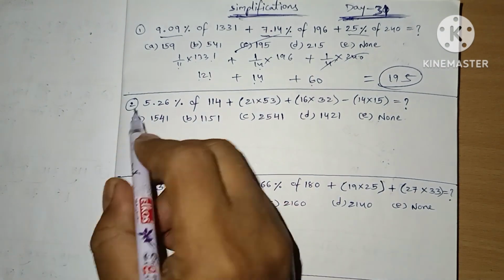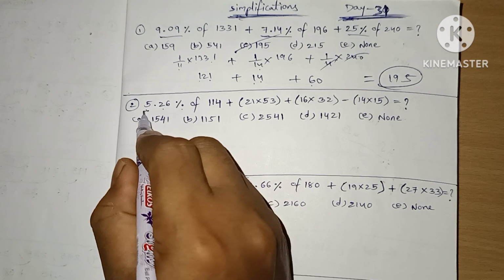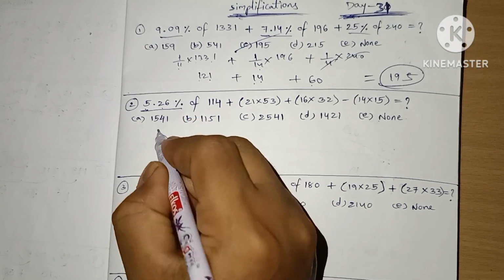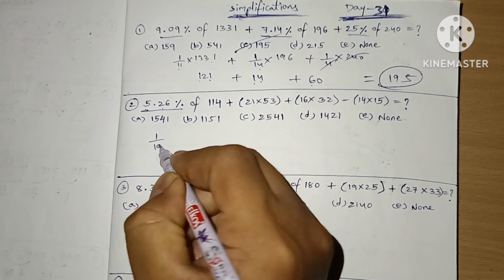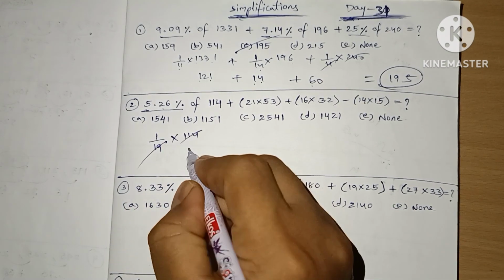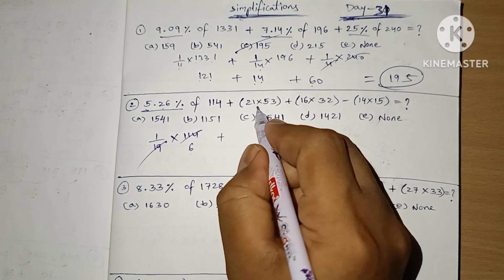Next question. Here 5.26 percentage, we must know the fraction value of this one. Here 5.26 percentage is nothing but 1 by 19 into 114. 19 6 times is 114, so we got 6 here, plus here